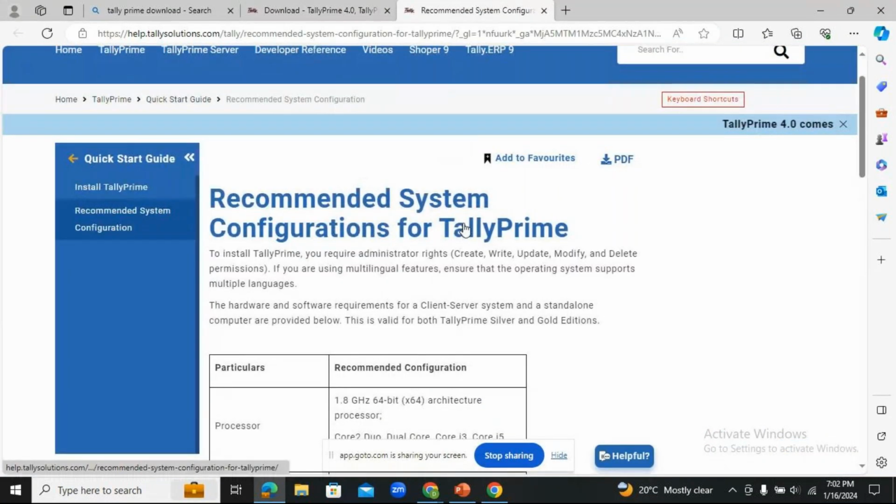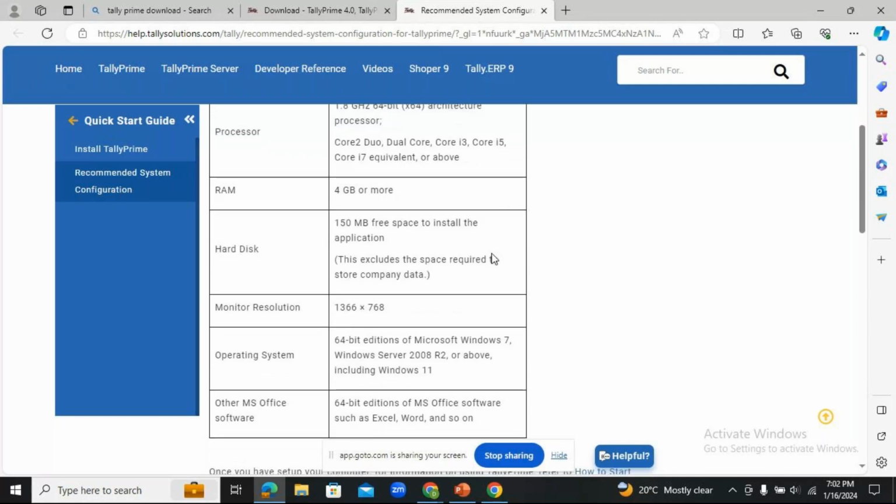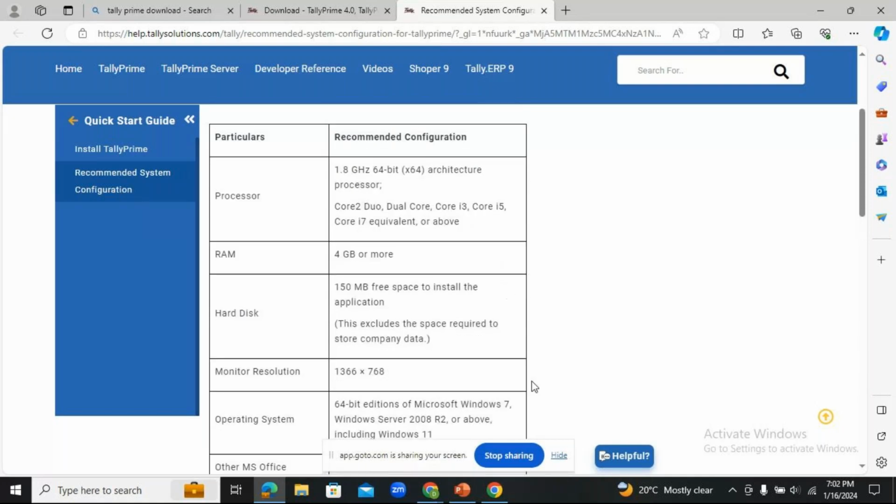If you click on that, you get this website. You get the screen of the recommended system configuration, where you can see the required configuration for the installation of the TallyPrime software. So please make sure that you have these features in your laptops, in your systems. Only then will you be able to install the TallyPrime software, because later on we should not have any issues. So I have discussed this with you. Hope this is clear, Jerita.